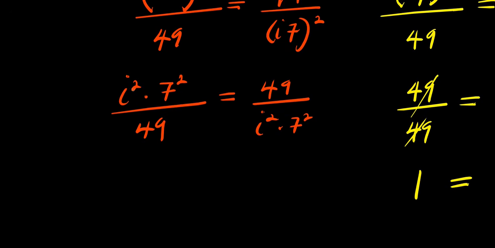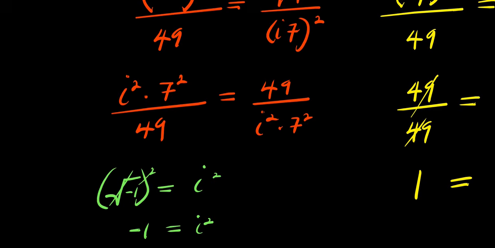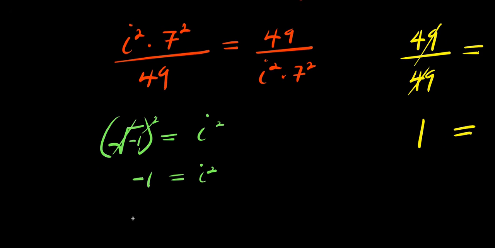So what is i squared? Remember, if you have the square root of negative 1, this equals i, the imaginary number i. So if you take the squares, let's cancel this, so you have negative 1 equals i power 2. So this place here is negative 1, and this also is negative 1. So you have negative 1